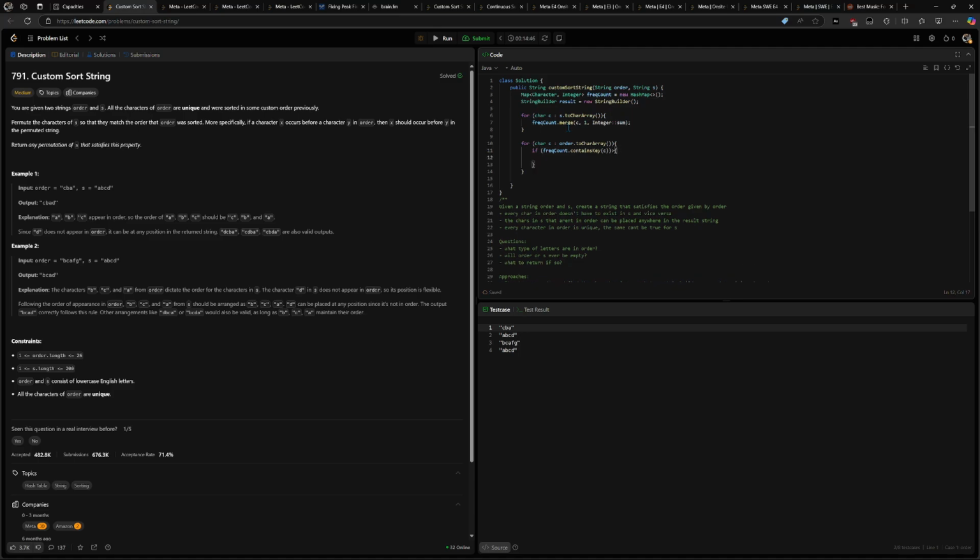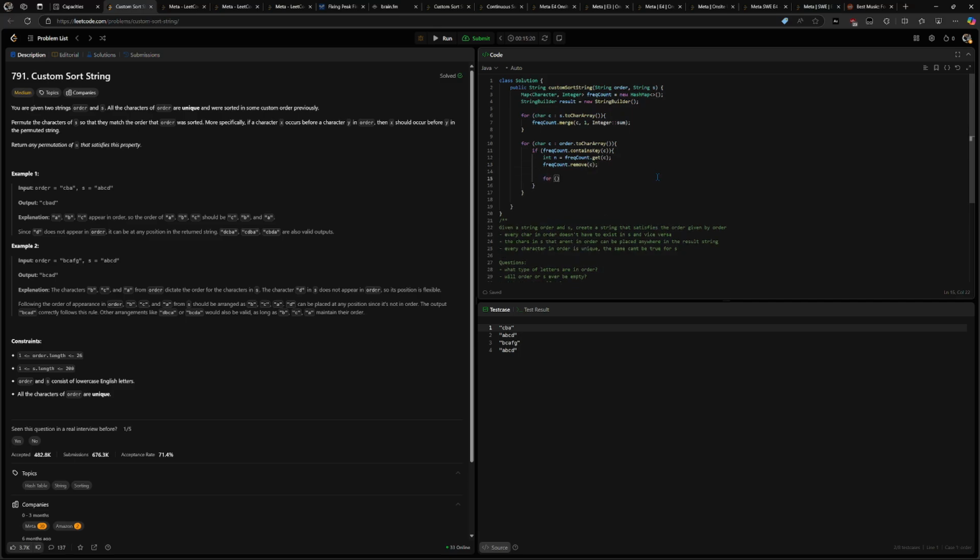So if frequency count contains c, we're going to grab it. We're going to grab it. int n is equal to frequency count dot get c, and we're going to do a frequency count dot remove c,